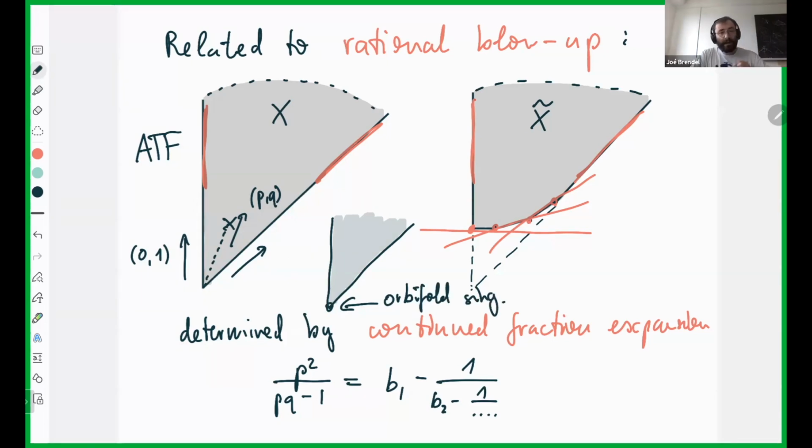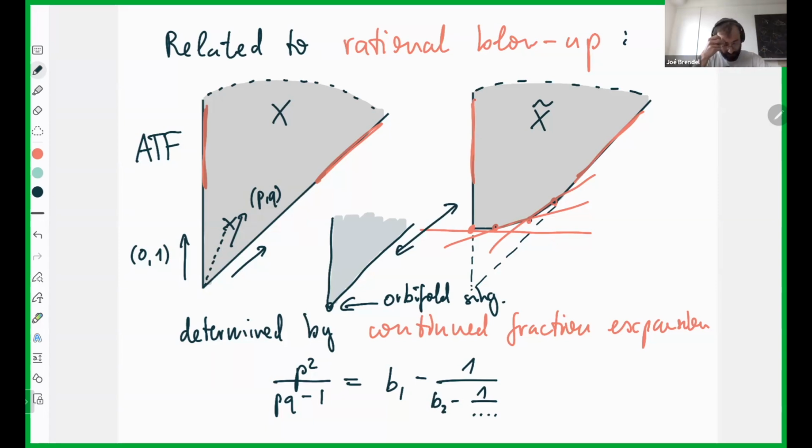And this is actually related to the smoothing question that I was talking about before. So these cyclic quotient singularities are toric, and they have this orbifold point. And so you can swap between these two things. Well, you can also swap between these two things, but you can in particular resolve the singularity,